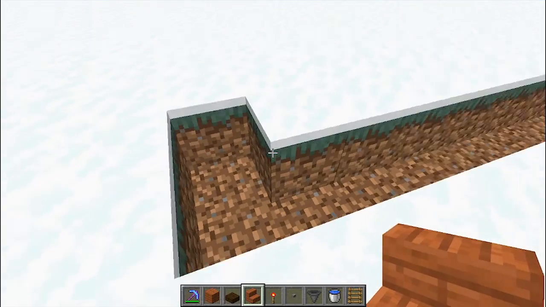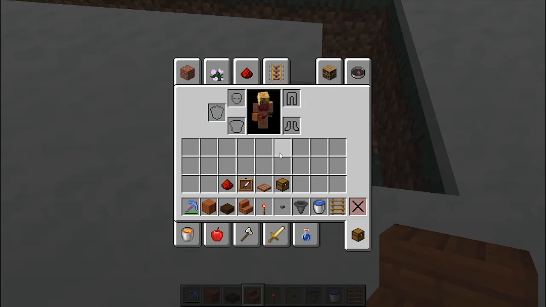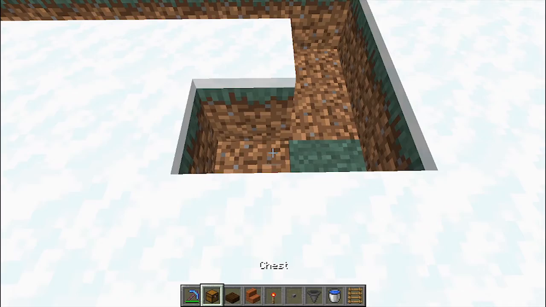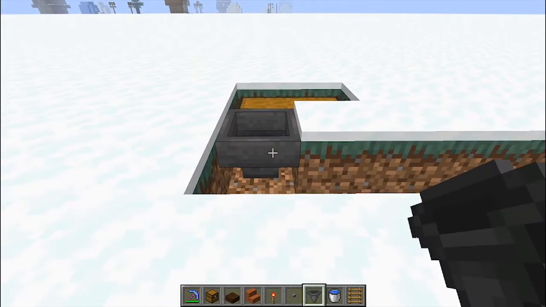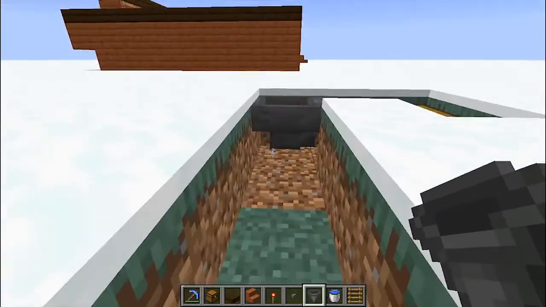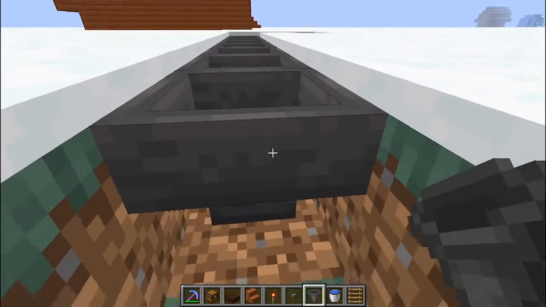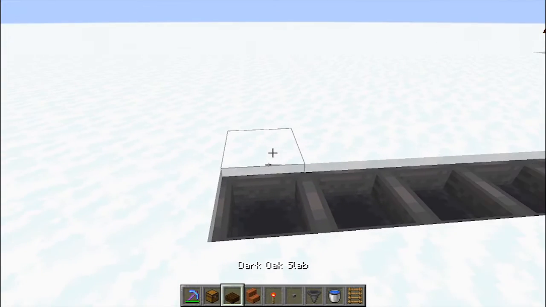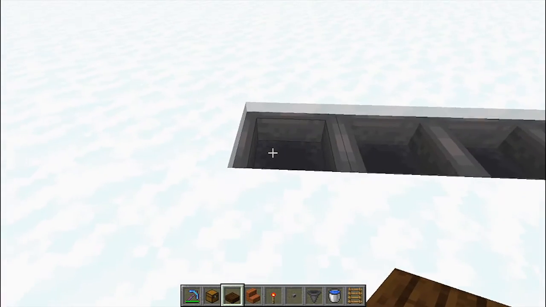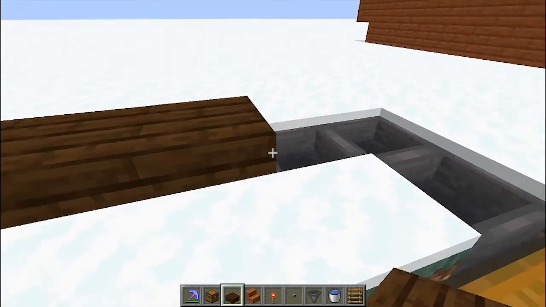So you make the trench and then you come 2 off of it and 1 in. And in this new dip, we are going to put our chest with a hopper going into it and a hopper going into that hopper, and then we're going to make a line of hoppers however long you want this to be. And this part can be skipped if you feel like doing this farm manually, although it's a lot easier like this. So then on top of each hopper, we're going to put some slabs,